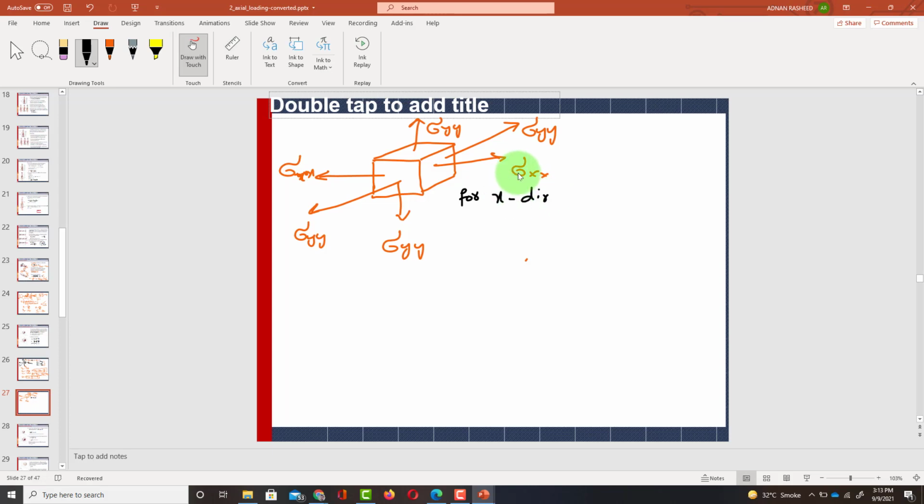तो x डायरेक्शन में लोड क्या है, सिग्मा x, तो इसकी वजह से कौन सा स्ट्रेन प्रोड्यूस होगा, सिग्मा x ओवर ई, एप्सिलॉन x होगा। सिमिलरली y डायरेक्शन में कंट्रैक्शन होगी और z डायरेक्शन में भी कंट्रैक्शन होगी, और ये कंट्रैक्शन माइनस नू टाइम एप्सिलॉन x होगी, और ये इलांगेशन सिग्मा x ओवर ई के बराबर है। मैं किसी जगह अगर मैंने x x लिख दिया तो उसका मतलब सिग्मा x ही है। सो ये केस 1 के लिए जब सिर्फ और सिर्फ x डायरेक्शन में लोडिंग हो।